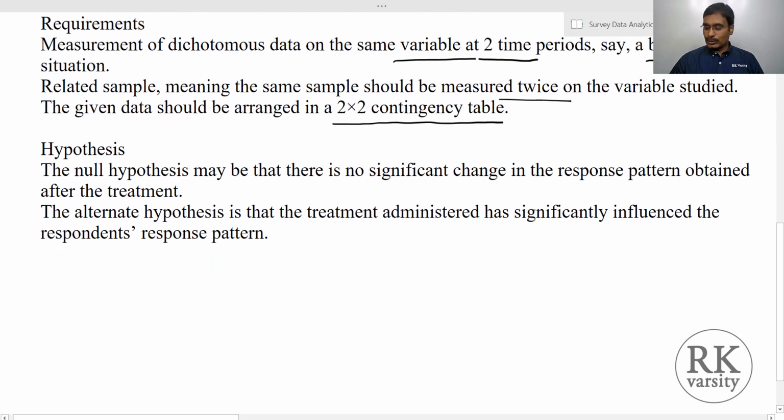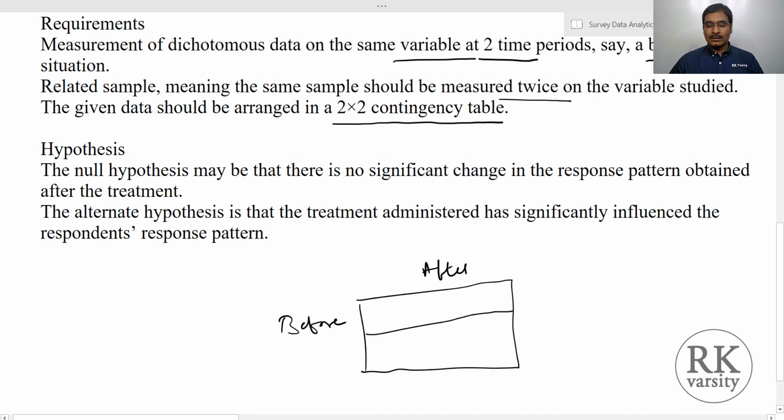When we're saying 2 into 2 contingency table, let us say you have a before and you have an after. So we'll make a table here. This is going to be a 2 into 2 contingency table. So you represent A, B, C and D. You have plus, plus, plus, minus, or minus, plus, then minus, minus. Likewise, a contingency table is prepared. Based on this contingency table, McNemar test is calculated. In this lecture, I am not going to show you how to calculate this using a formula. Instead, we calculate this with the help of IBM SPSS.